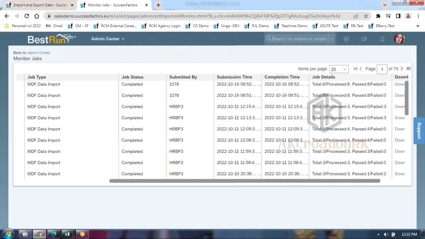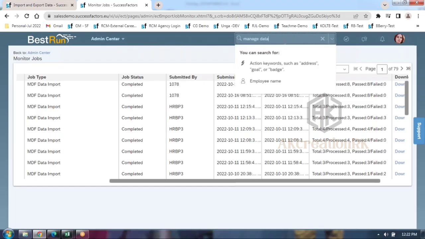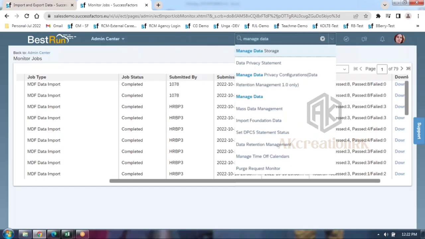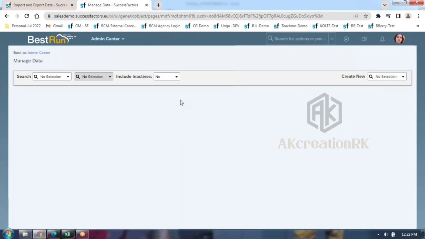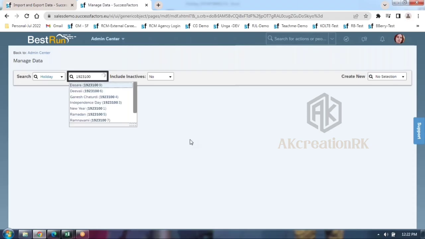Now, if I go by manage data, here you can see, for example, if I go by holiday. Now see guys, you can see a total of 10 holidays. They're all 10 holidays, right? 1 and 2 we maintained manually.